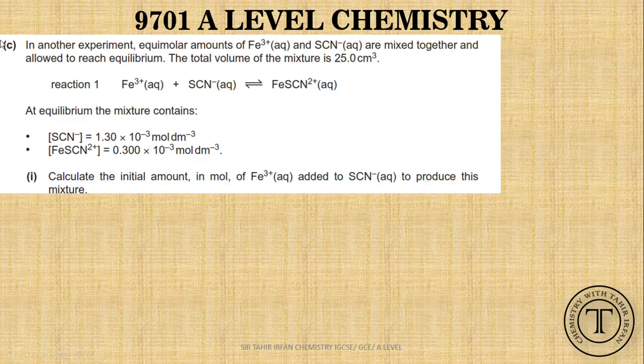The next one, part C. In another experiment, equimolar amounts of iron 3 and SCN minus are mixed together and allowed to reach equilibrium. Equimolar means the same moles. The total volume of the mixture is 25 centimeter cube. We know that 25 centimeter cube is not a standard unit. When we convert it into decimeter cube, it is going to be